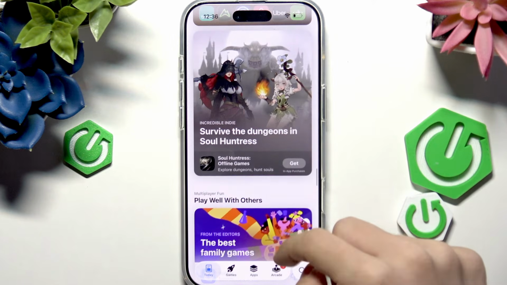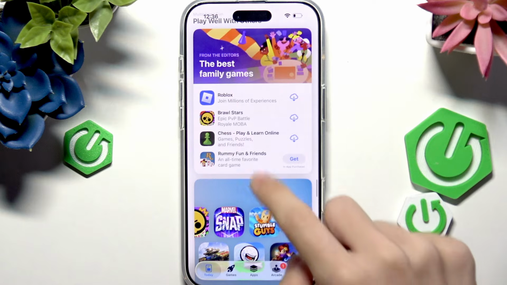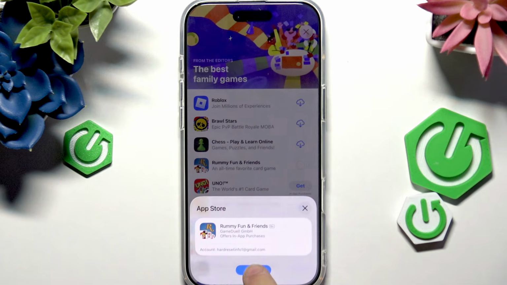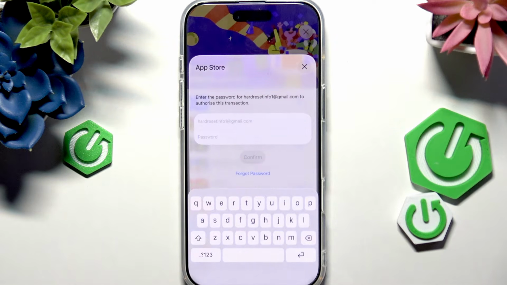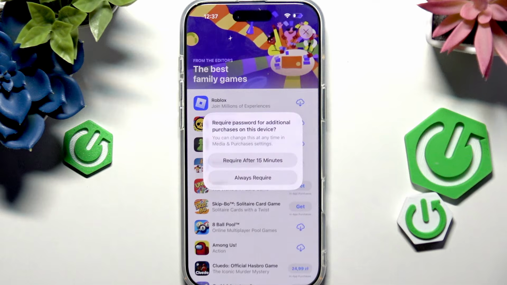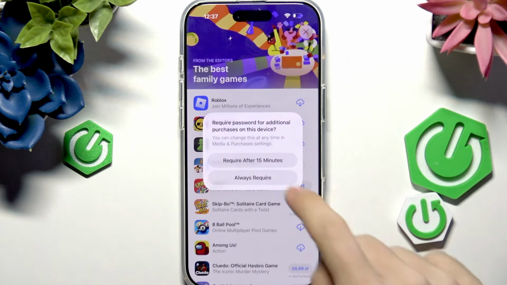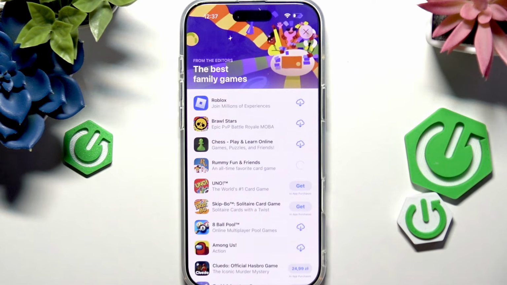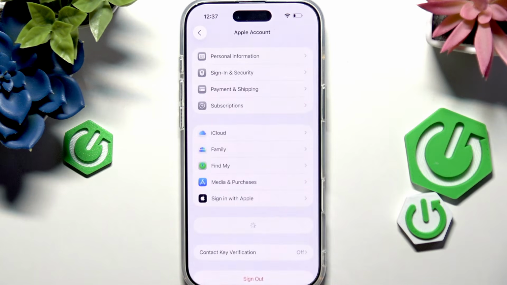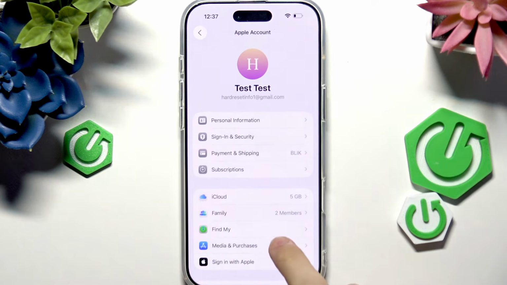Let's get like this card game. Click on Get, and now when I click on Install, it asks me for the Apple account password. When I click on Confirm after entering the password, it gets installed. But maybe, oh yeah, I'm already asked about that, but if you don't have this question, then we can change it ourselves. So let's go to Settings, click on your Apple account at the top, then go to Media and